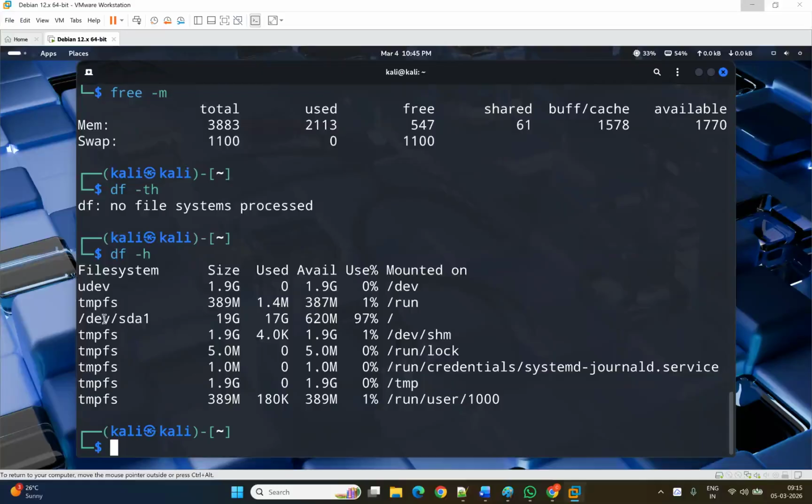It is saying specific file systems have a specific amount of size. That means a specific size of data it is having. It is using this much, and something is available here. This way we can find out the file systems, how much size each is, how much they are using, how much availability is inside that storage. And if you do du hyphen h,